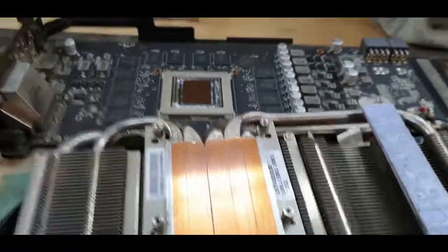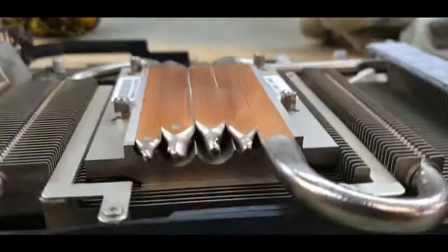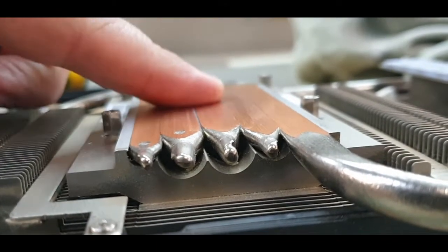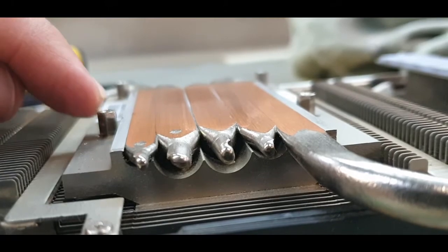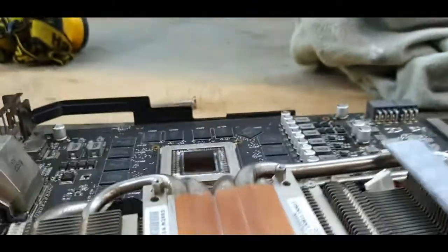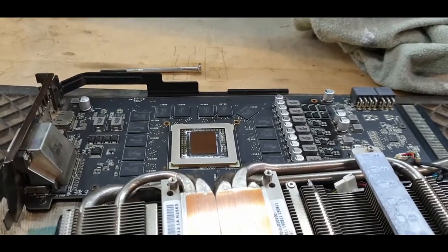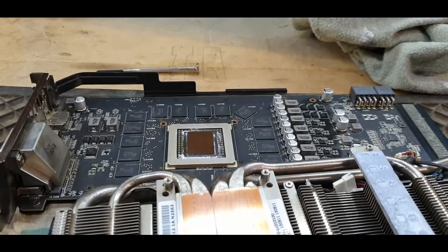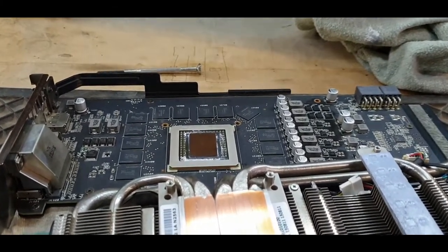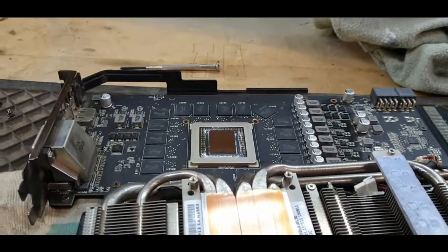So when I came back out, before I removed this cover again, I checked in between where the chip comes onto the heatsink, and I could clearly see on this side it was lifted higher than on that side there. It wasn't making good enough contact, so there was no way for the heat to go anywhere. That's why it shot up to 90 degrees. Even when I just started the game, it was just the main menu that brought it up to 92 degrees. So if I were to play like that, it would have fried this GPU. Luckily I realized it, and now I'll use the right screws